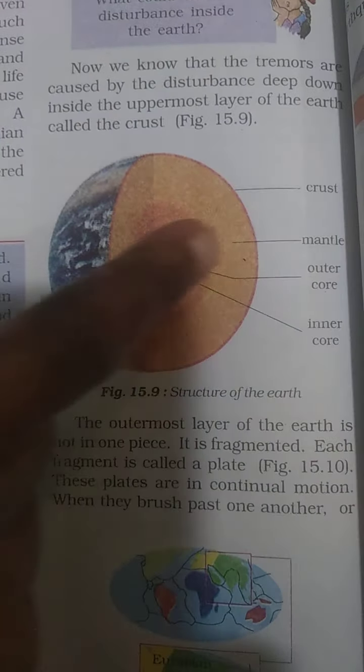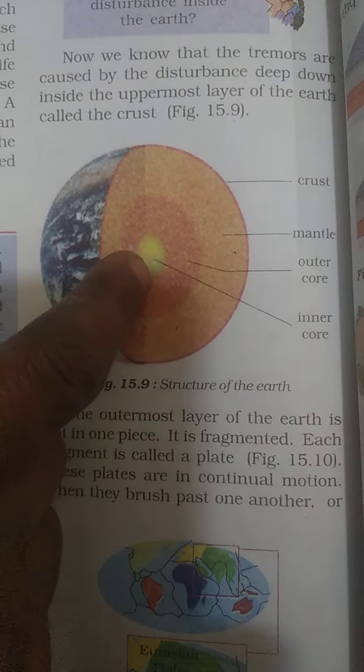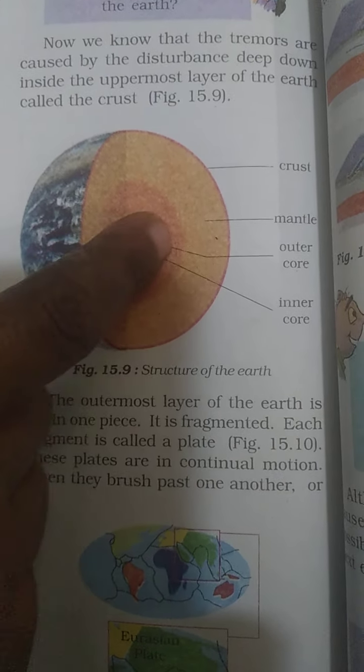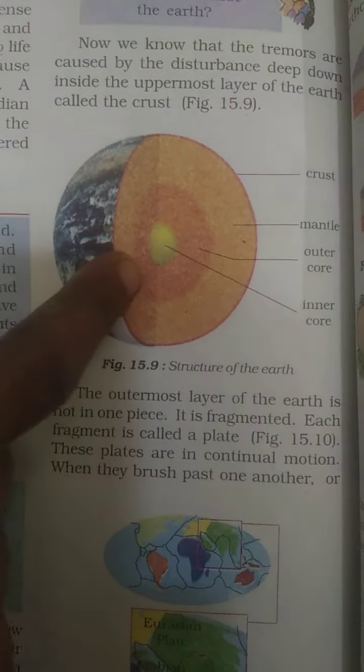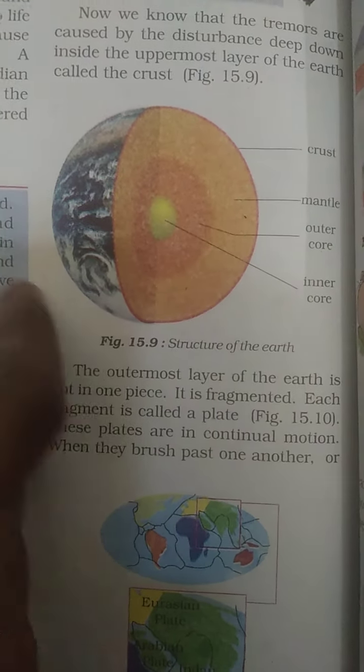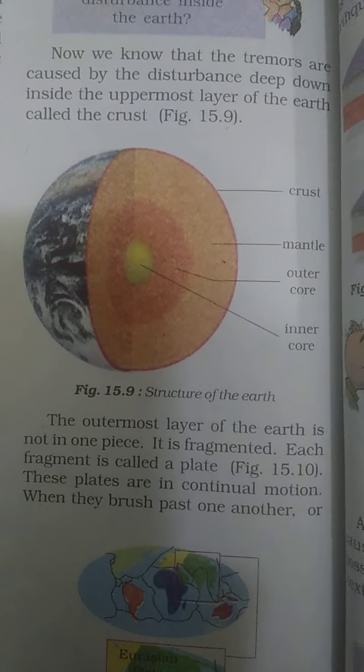So children, now you can read from page number 191. Here: what is an earthquake? What are the different causes of earthquake? What are the different layers of the earth? And this is the structure of the earth. It consists of crust, mantle, then two inner parts, the outer core and inner core. All four are labeled in it. In the notebook, you should draw the structure of the earth with all four different layers. And you write what is meant by a Richter scale, what is meant by a seismograph.